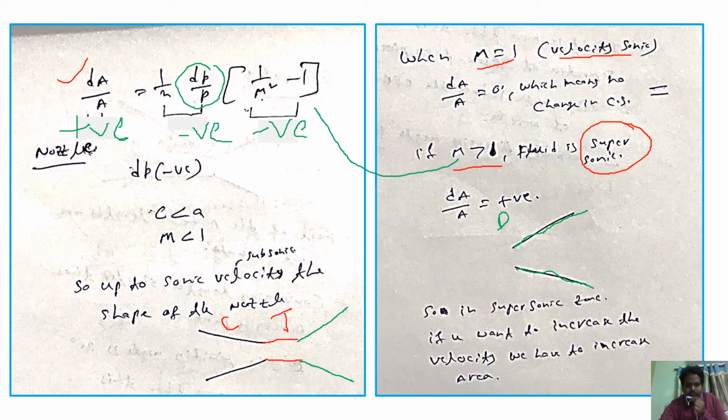Okay, in the convergent nozzle the velocity is subsonic, and the cross section is negative. In the throat the cross section is constant. In the divergent nozzle the cross-section area keeps on increasing because it is positive. But generally, when cross-section area decreases the velocity increases. But if the velocity is supersonic, in that case, to increase the velocity, we have to increase the cross-section area of the nozzle.